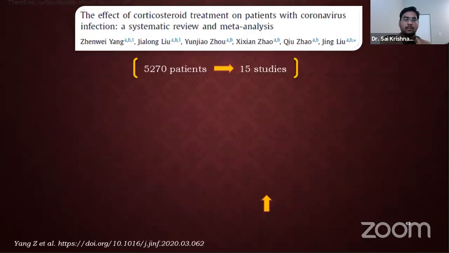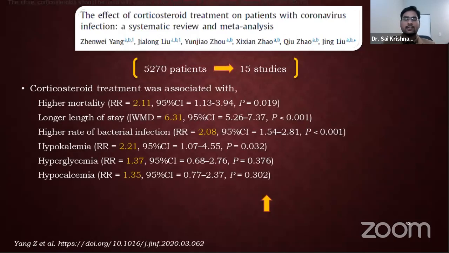So let's look at another study which looked at usage of corticosteroids in coronavirus patients. It was published in the Journal of Infectious Diseases very recently this month, where they included around 5,000 patients from 15 studies. And if you look at their results, it's quite concerning. The corticosteroid treatment was significantly associated with a higher mortality rate with relative risk more than 2, and longer length of stay, higher rate of bacterial infection, hypokalemia,